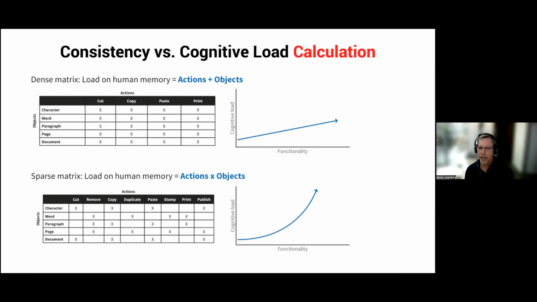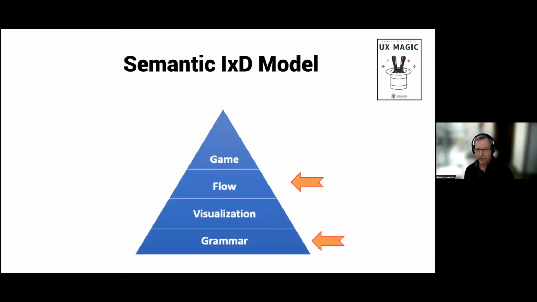And you can figure this out just from the requirements, even before you've drawn the first screen, which is a huge savings. And actually, AI is pretty good at figuring out what the densest matrix is if you type in a lot of ambiguous requirements. It will parse through and figure that out. So without taking an entire, I teach an entire semester class on this, but I think you get the basic idea of what the semantics are. An action plus an object plus one or more actions equals a task in a graphical user interface. And then you have the flow level, et cetera.